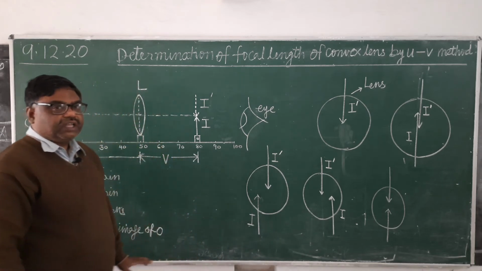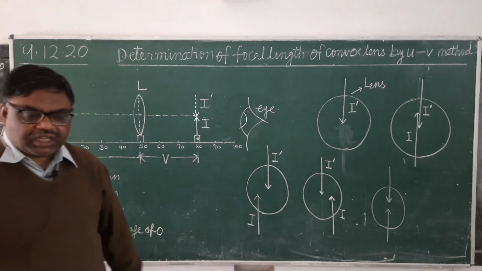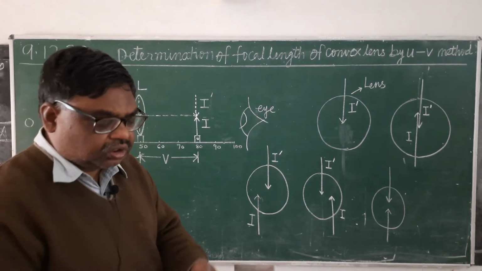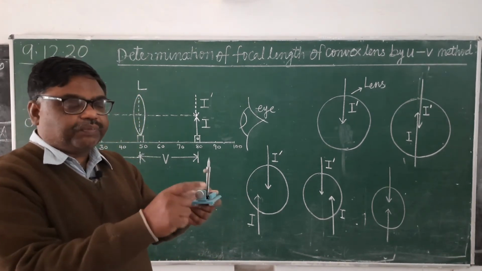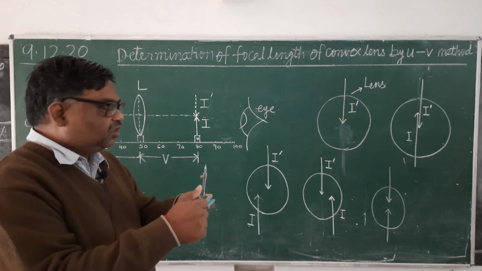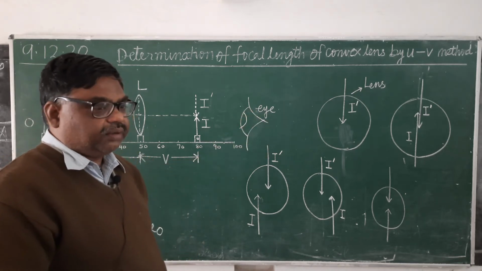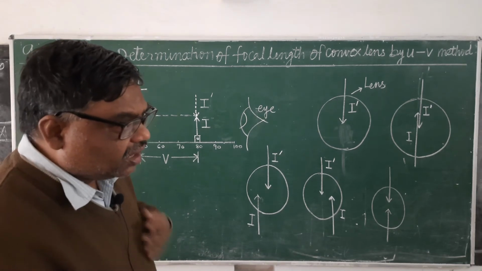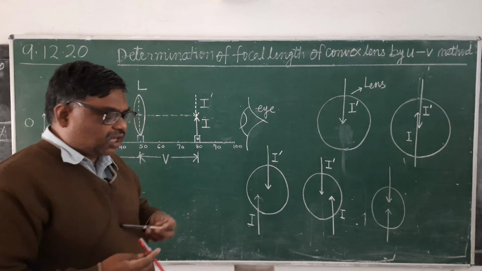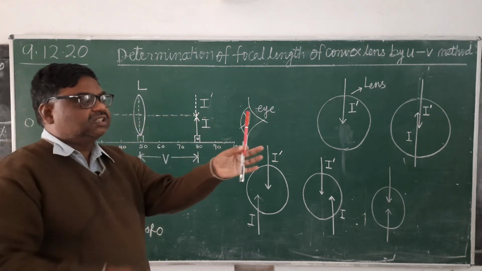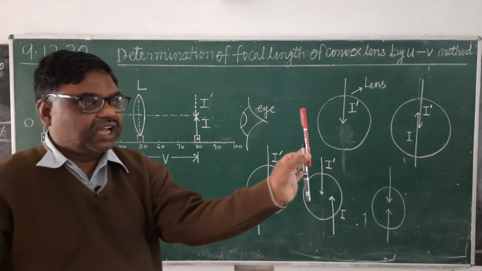How will you bring them in one line? By using the lateral movement screws. These lateral movement screws, which are provided in both the pins, you can use to bring them along the same line. If on bringing them along the same line their tips are overlapping, it is like this. It's clear. Here it is like this.